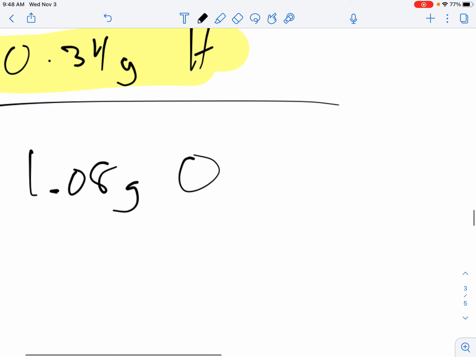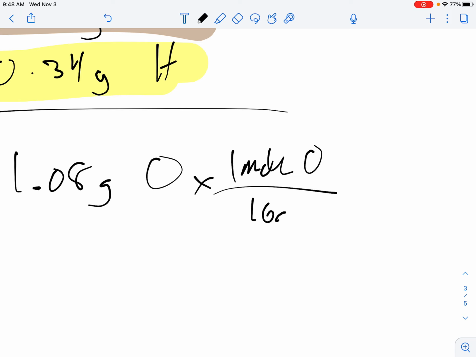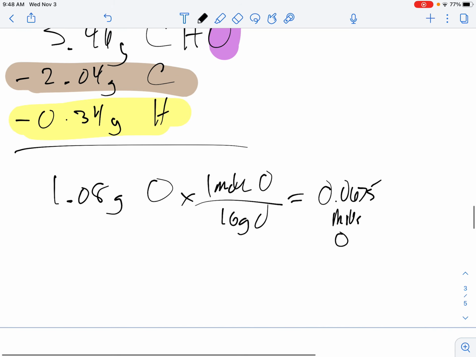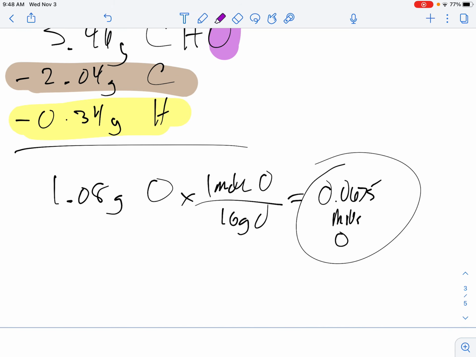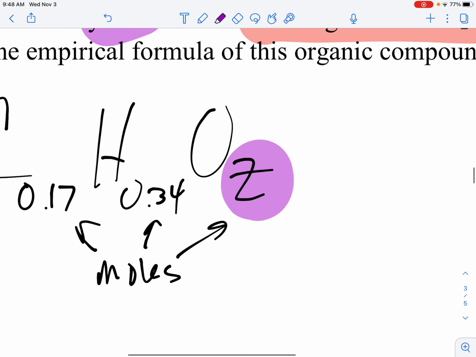Well, that's okay, because I have it. Well, I have the grams, but I can get the moles. So that's going to be times 1 mole of oxygen per 16 grams of oxygen. So divide that by 16, and I get 0.0675 moles of oxygen. So that guy there is my final answer as far as moles is concerned. So I'm going to come all the way back up here, and this is going to be